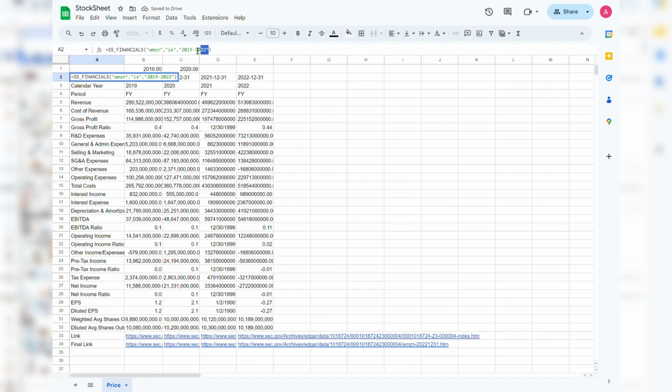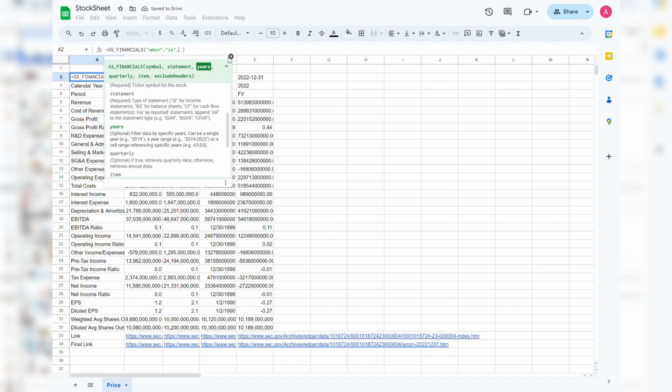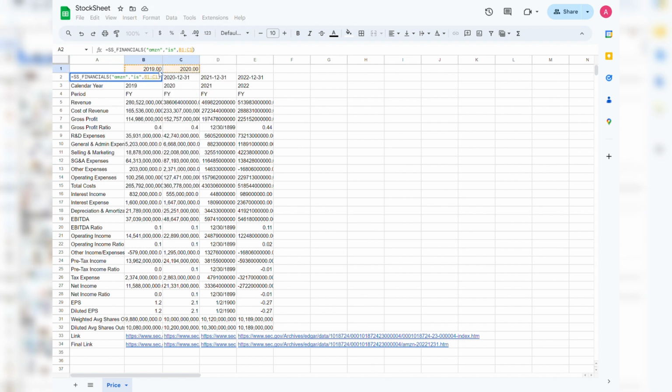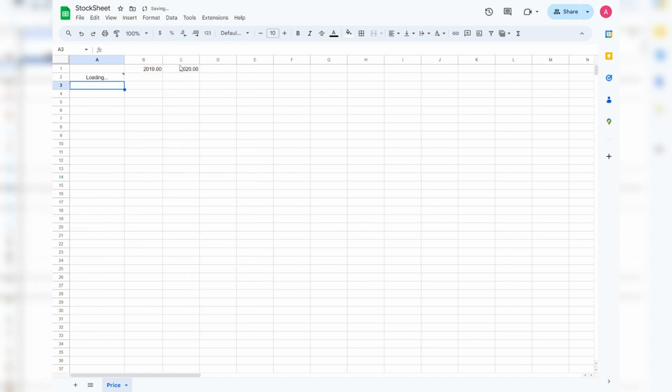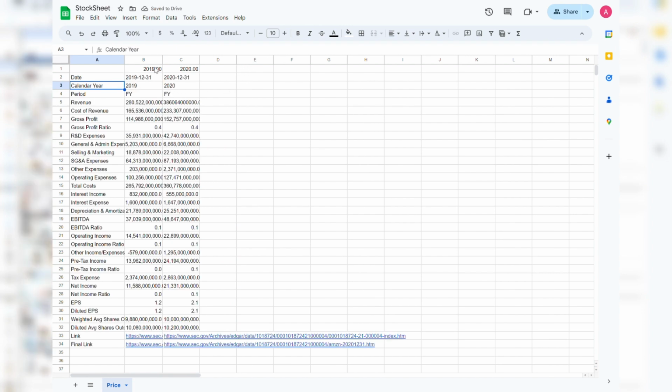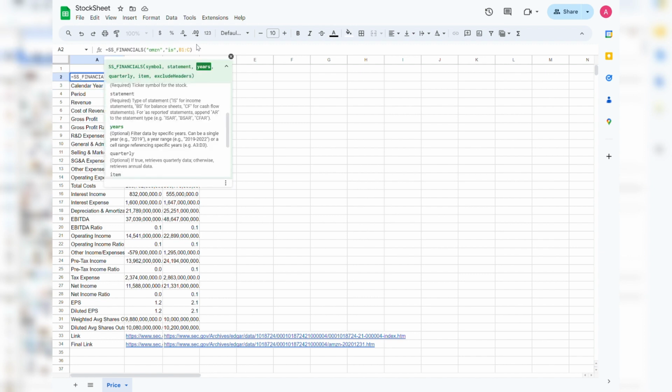And instead of these, I'm actually just going to highlight these cells up here. And that should work for us as well. Cool. So that's how we can filter the data by year. I'm just going to go back and put in 2019,